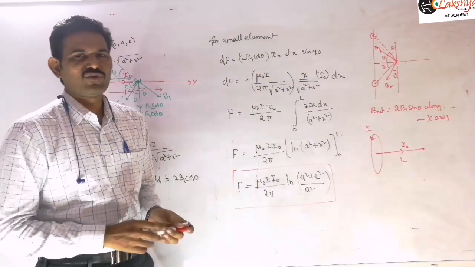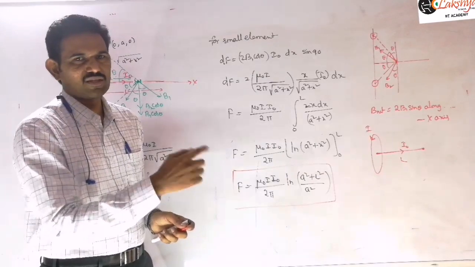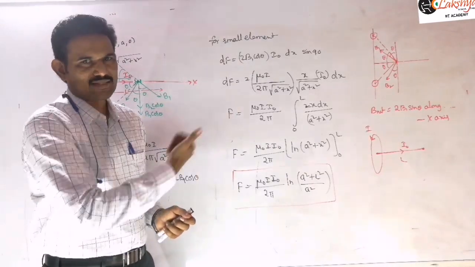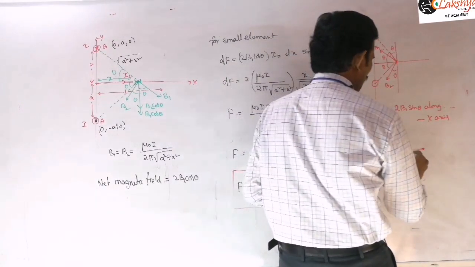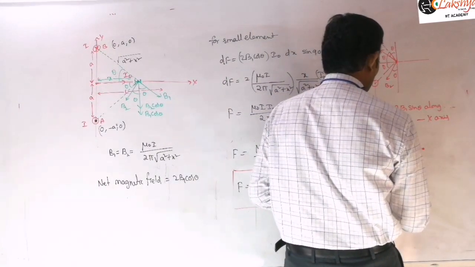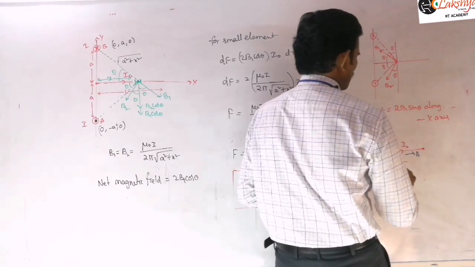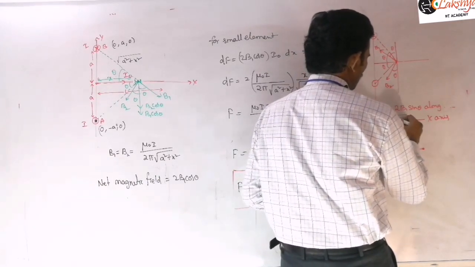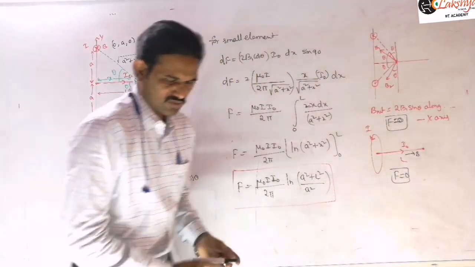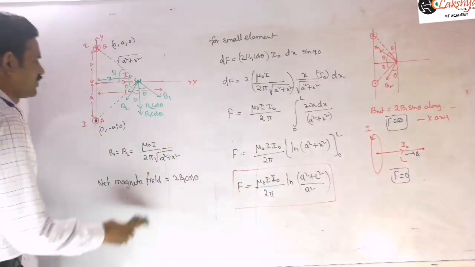So there also we know already the magnetic field produced by that ring will be along the x direction. That means along the axis only. So here the magnetic field will be along this direction only. That means here also the net force is 0. So same as this problem here. So here also force is 0, and if you reverse this direction, in this case also you will get that as 0. Right?